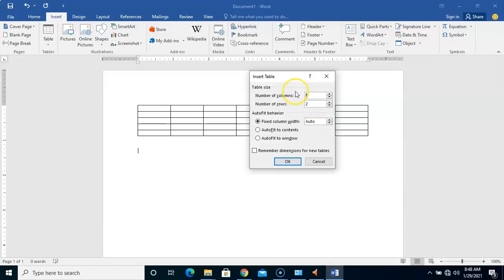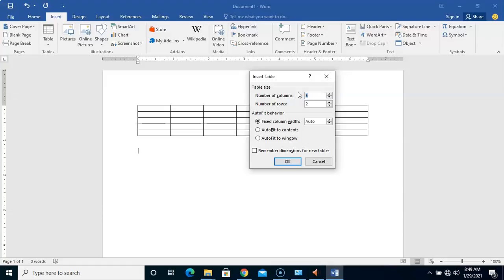So when you want to create your table, the first thing you need to do is to do a sketch of what you want to achieve. How many rows do I want? How many columns do I want? However, you need to know that what is most important is the number of columns. Number of rows